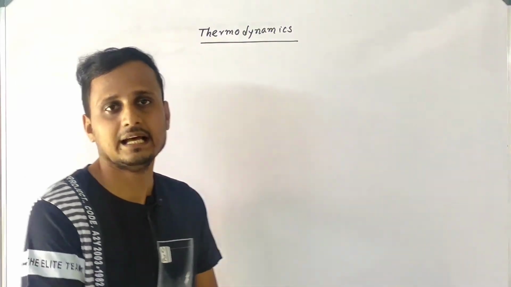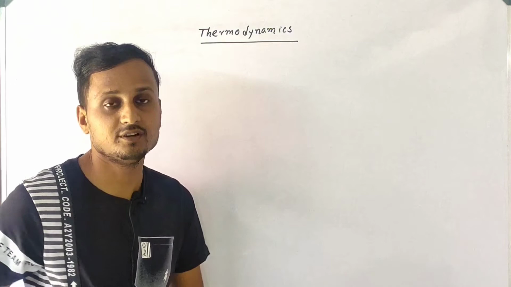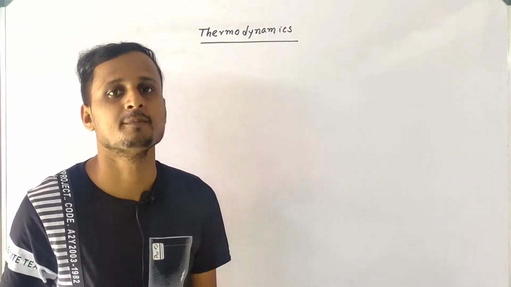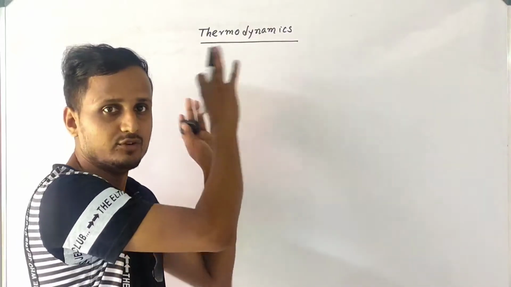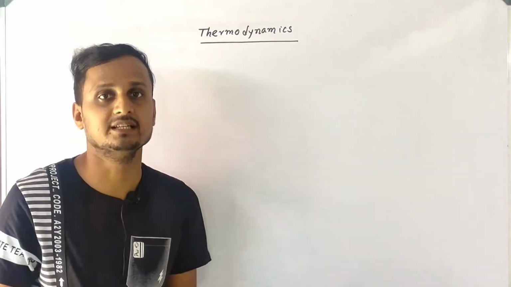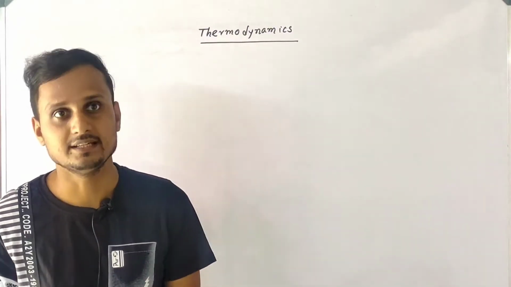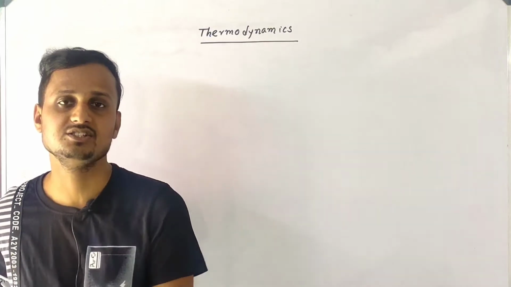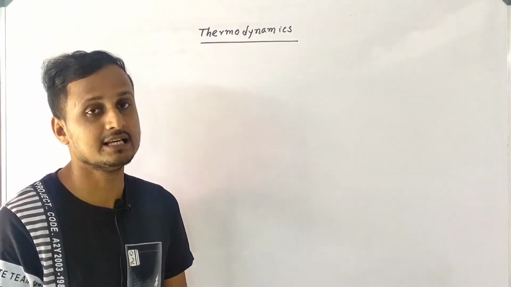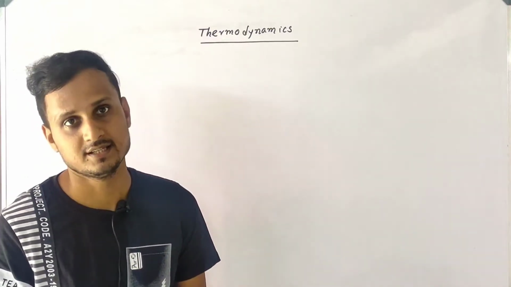Today we'll learn thermodynamics, the most vital topic of science, which comes in both physics and chemistry in class 11. If you want to learn this chapter properly, you have to go through it from the beginning, which means you have to start from the introduction. In this video we will discuss why we will learn this chapter and what processes we have to learn. So what is thermodynamics?